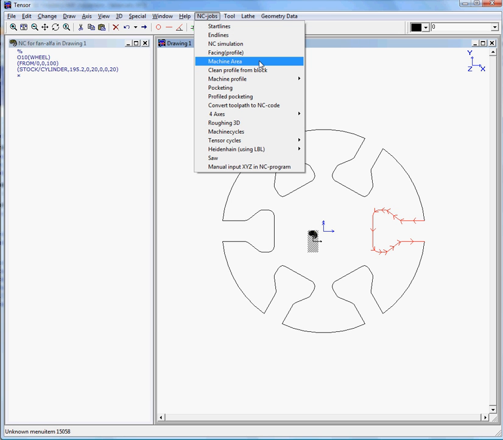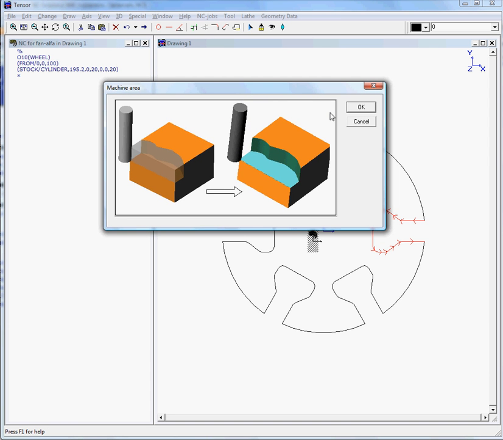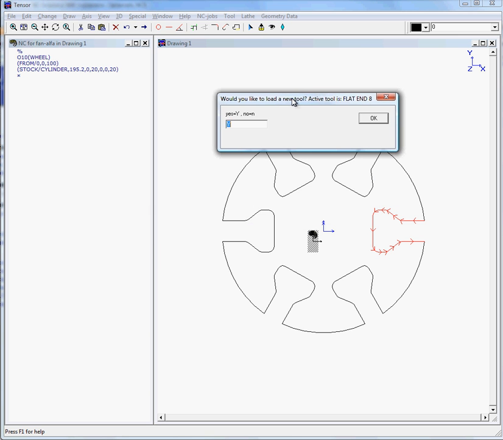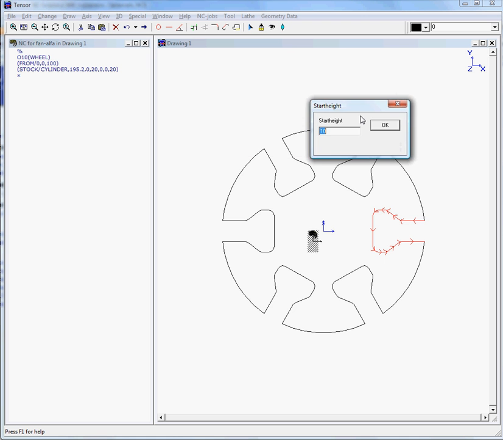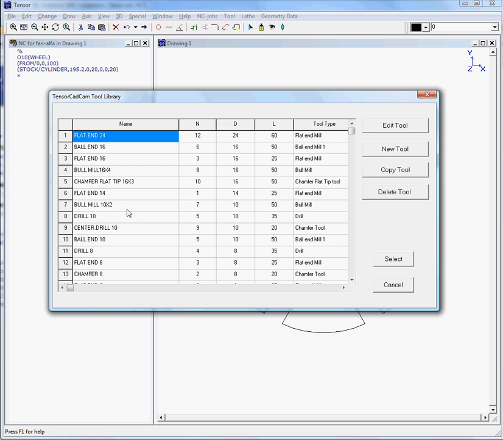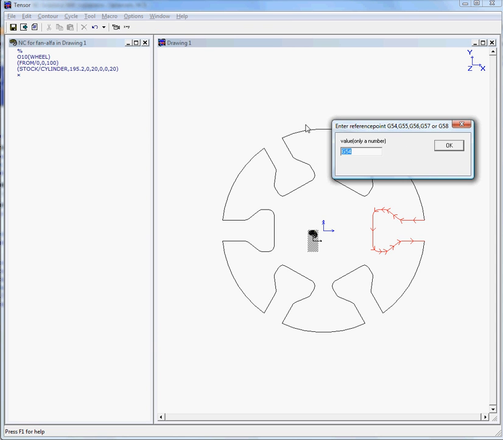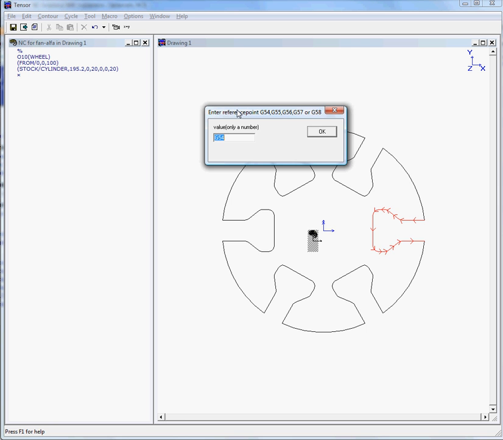So we'll start answering the questions of the dialog box, and we'll click on OK. Would you like to load a new tool? Yes, we would like to load a new tool. And for example, we can load a tool of 10 mil diameter, and well, we don't have one of 10, so we'll select a tool of flat end 8. Okay, select. Okay. The reference point is G54,